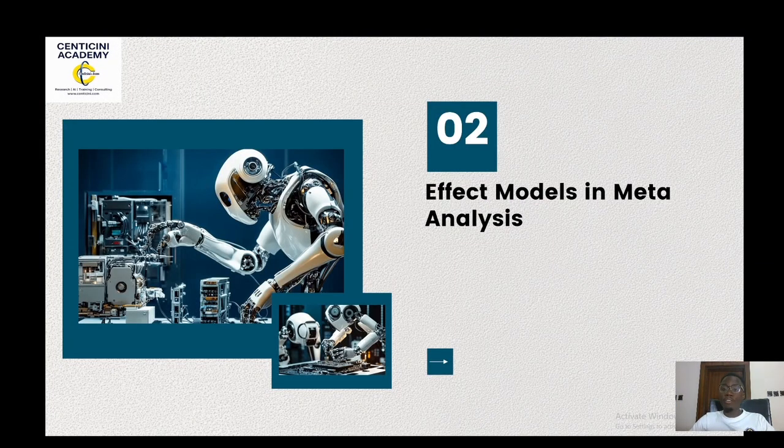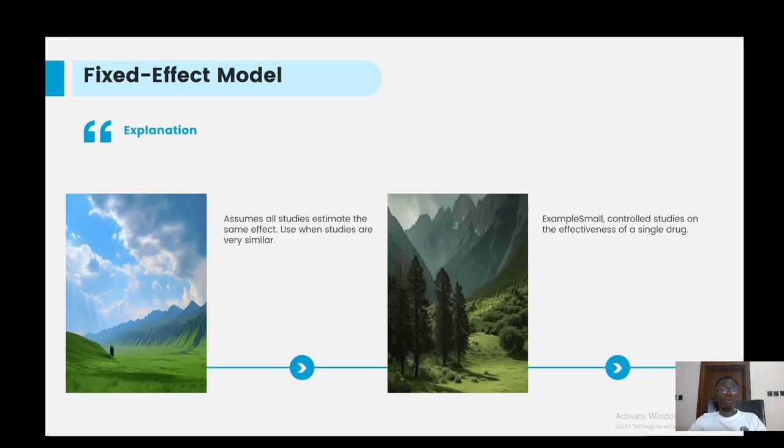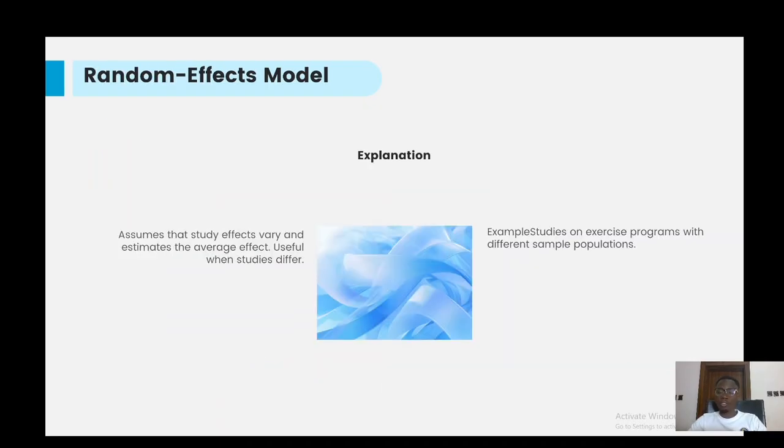Now, we'll just have a view of some of the effect models in meta-analysis. We talked about the fixed effect model. When do we usually use it? We use the fixed effect model whenever there are similarities within the studies. Then we have what we call the random effect model, which we did talk about in our last session, where we use this effect model whenever there are varying estimates